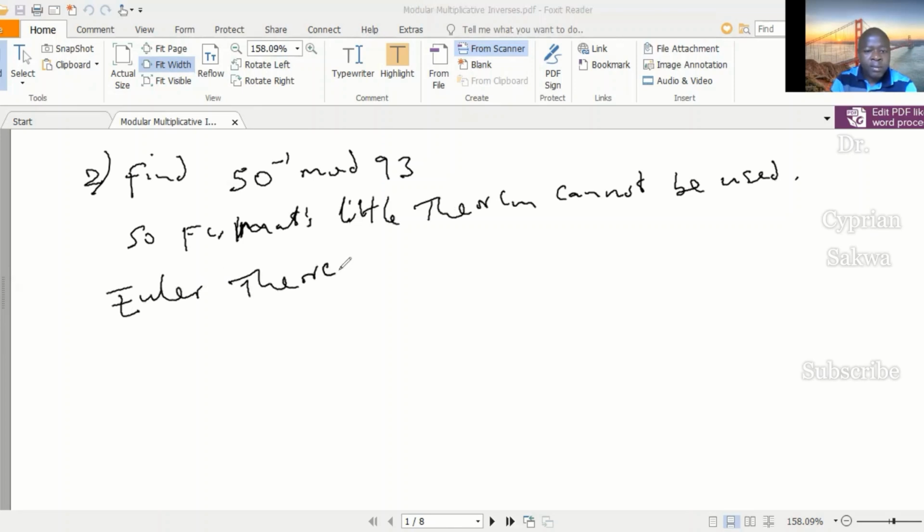We look at 93 and 50 and see whether they are relatively prime, that is, if the GCD is 1. And of course, I can see that the GCD is 1. Since the GCD is 1, it means I can use the Euler theorem to do this question. And what does the Euler theorem say? It says that the inverse will be given by